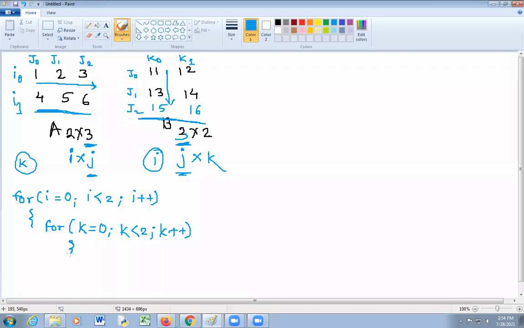Then suppose I want to take C of IK. It is not possible. That's why I am taking the value 0.